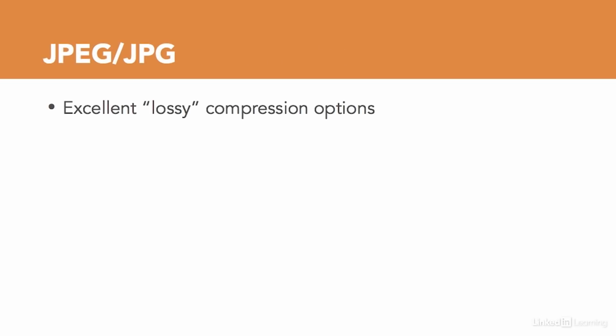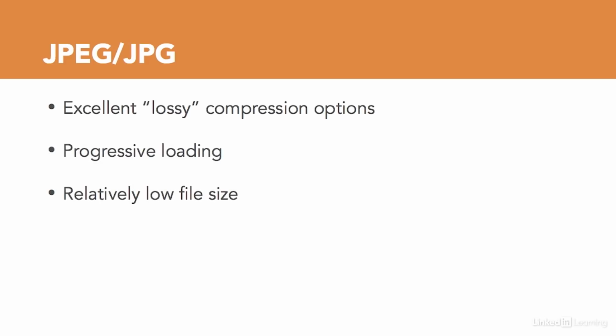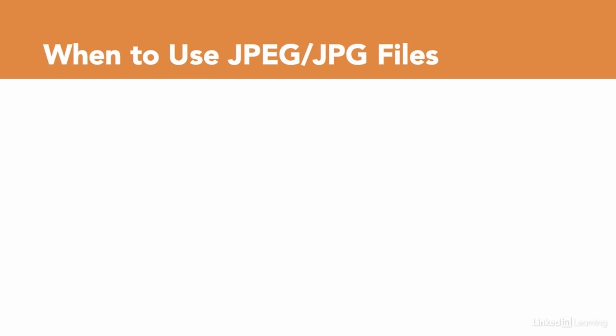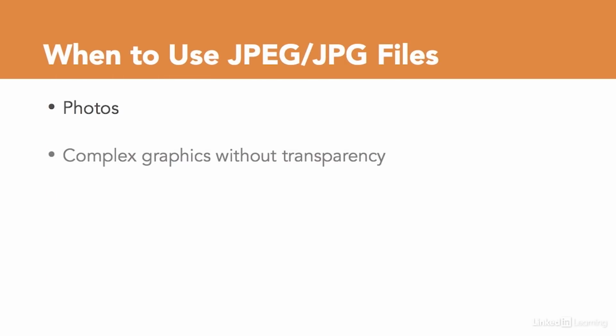Next up, JPEGs. This is the most prevalent image format on the web, and for good reason. JPEG compression is great for reducing file size of photos without much of a visual impact. JPEG compression is incredibly advanced and improves all the time, and when you create a JPEG, you can balance file size and visual effect with ease. On the downside, JPEG compression is lossy, meaning as you increase compression, image quality is reduced dramatically. When should you use JPEGs? Anytime you're working with a photo or other complex graphic with a lot of variance. Advancements in progressive JPEGs are making this format better and better for the web, but it has significant drawbacks like